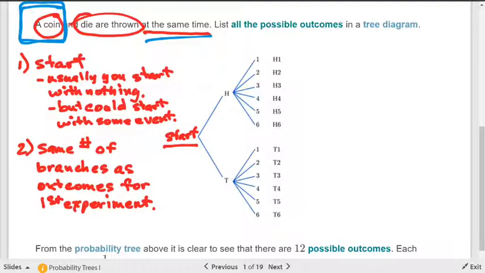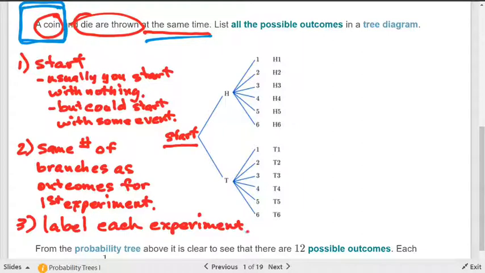Now, something else that I like to do that they're not doing is label each experiment. And I like to be explicit, okay? So here I would say flip coin as the heading for that. And again, because it tells you what you're doing. Now, alternately, you could say, or